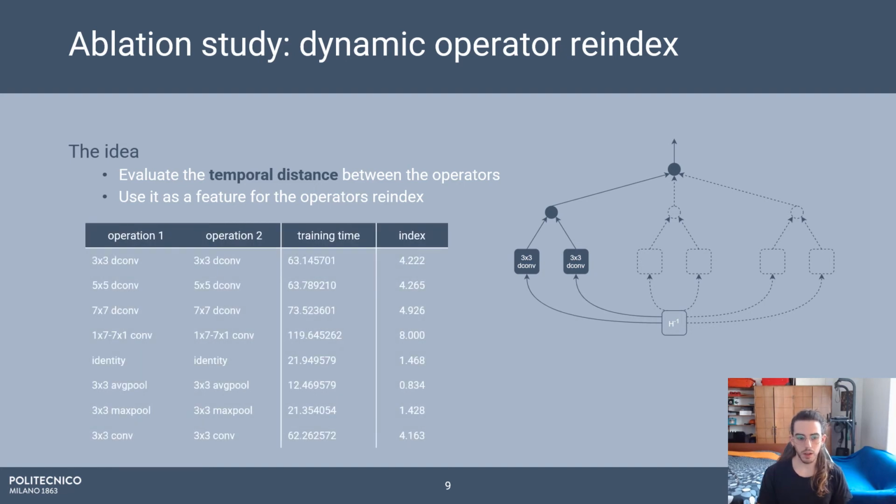So in this way we are now able to rank our operations according to an index, and also through this technique we can set the index of the unused blocks to 0, which is just a way to let the models understand that blocks are not used at all.